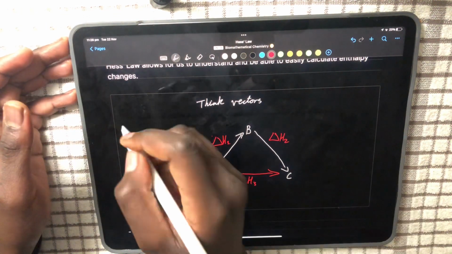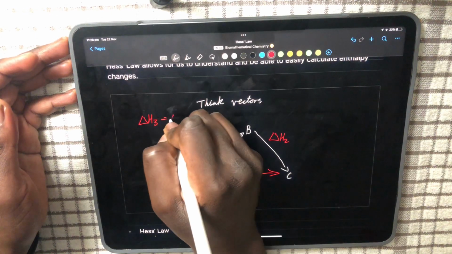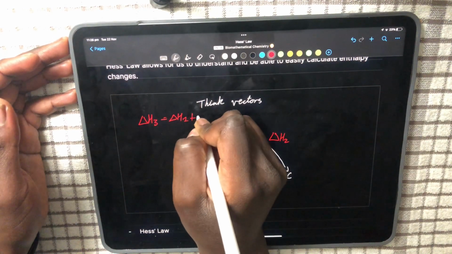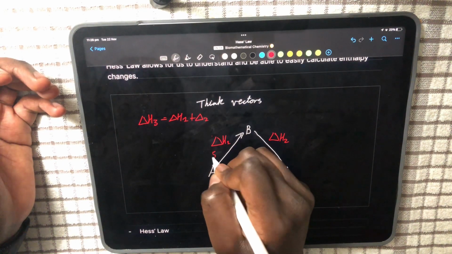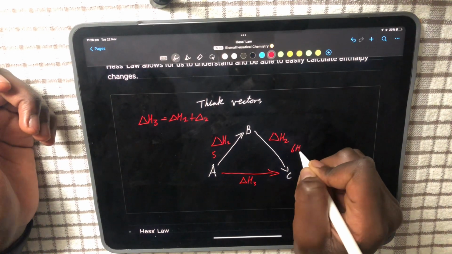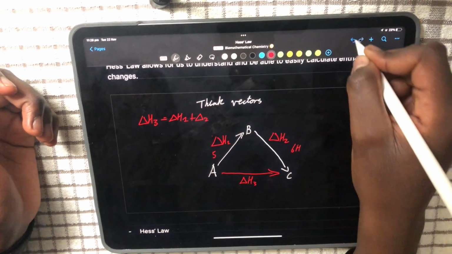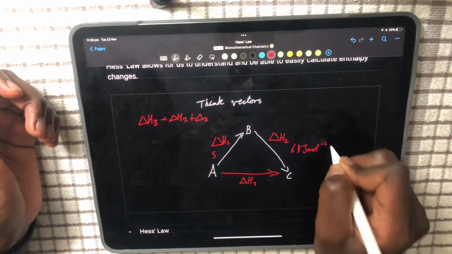So delta H3 is equal to delta H1 plus delta H2. If this is, for example, 5 kilojoules per mole, and that's 6 kilojoules per mole,